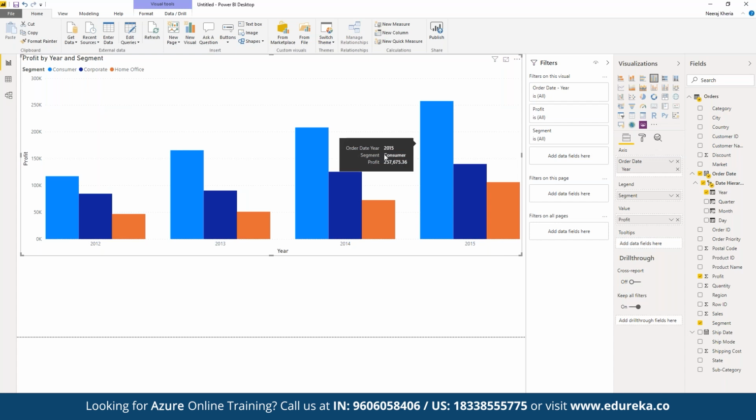And the worst year for the corporate customers, or for the corporate profit, was 2013, or sorry, it was 2012 itself, where we saw a profit of almost 84,000, whereas in 2013 we saw a profit of 90,000, and the best year was 2015 itself, and so on. Correct? So here we can quickly visualize the entire report of the profit distribution in terms of different segments as well, by quickly showcasing the category report as a part of the requirement.